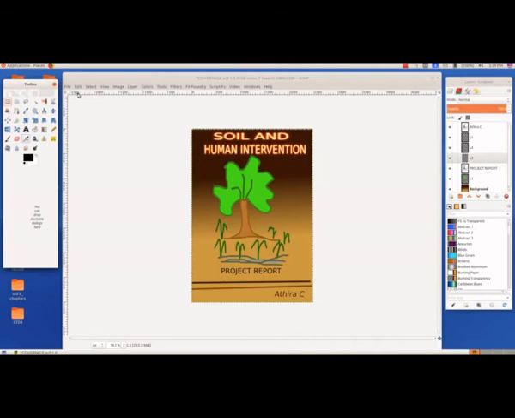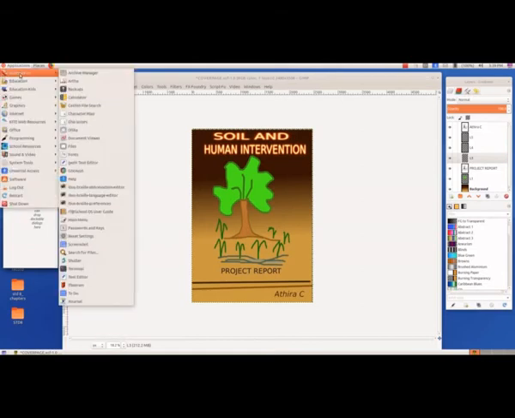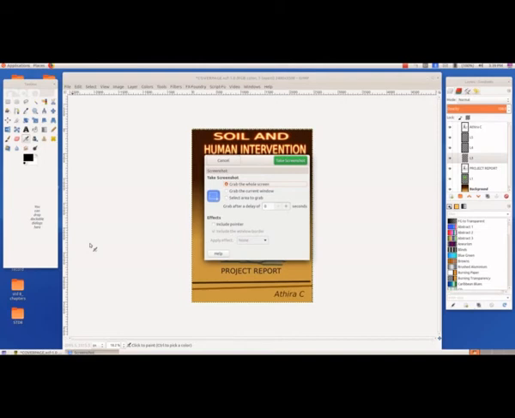So that is the screenshot that we are taking using the software GIMP. And other than this, we have different softwares which help us to take the screenshot. And Screenshot is one such software. The name of that software itself is Screenshot. And for that we have to open from applications, accessories, we have screenshot. Applications, accessories, screenshot.